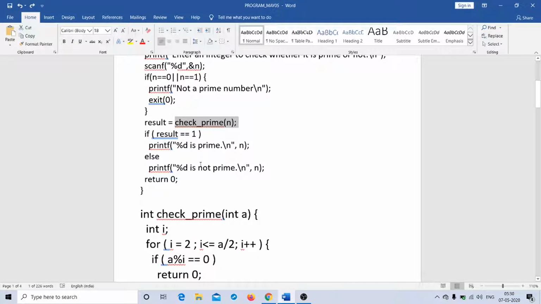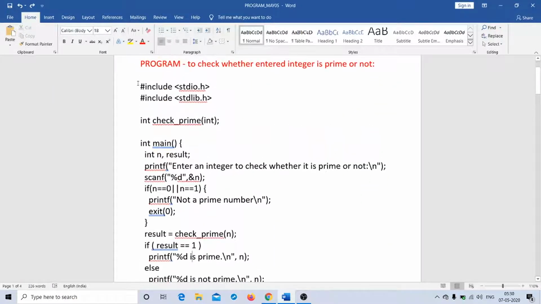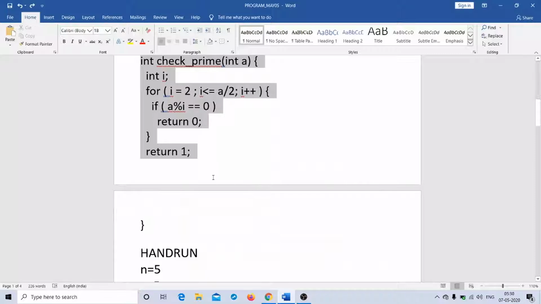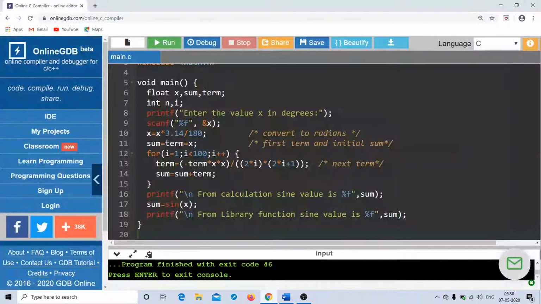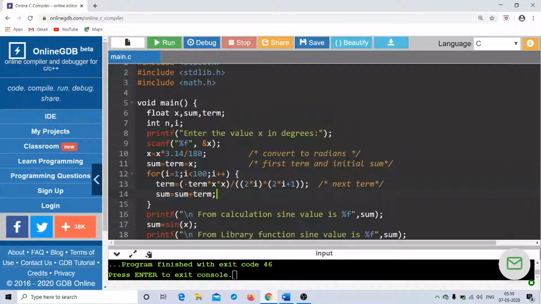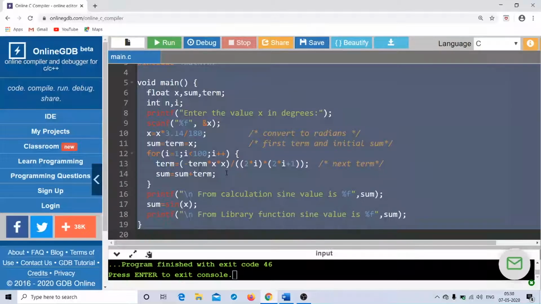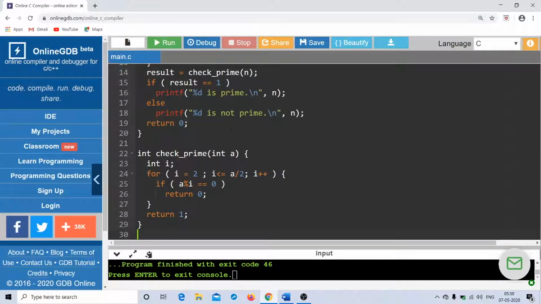Okay, now let us see whether this program works or not. So I just copy the program from here, and I go to my JDB compiler. And I paste it.